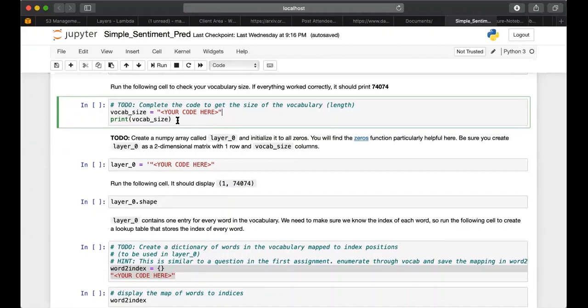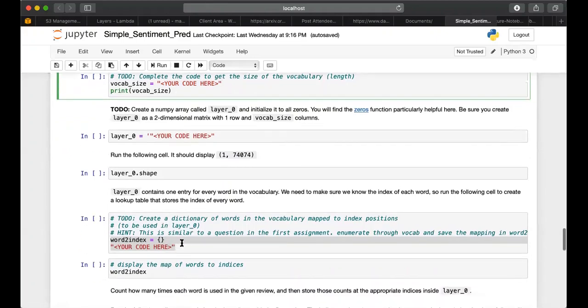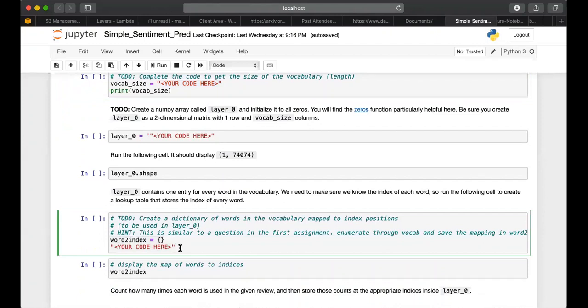Now, if you take that variable that has the list of all the words stored in it and you enumerate through that list to get the index and the word, you can create a dictionary named word to index, where the key is the word and the value is the index that you are getting from your enumerate operation.